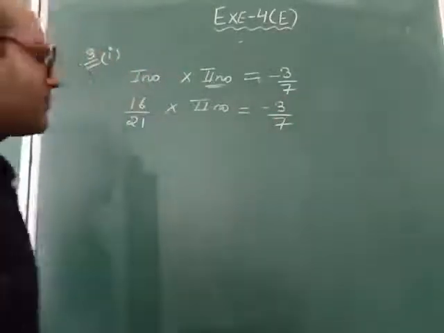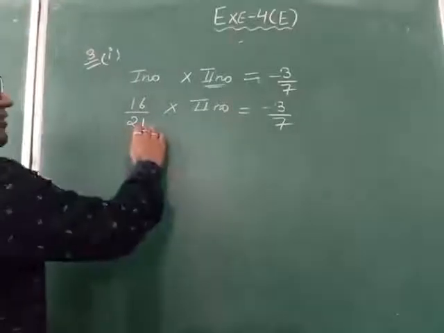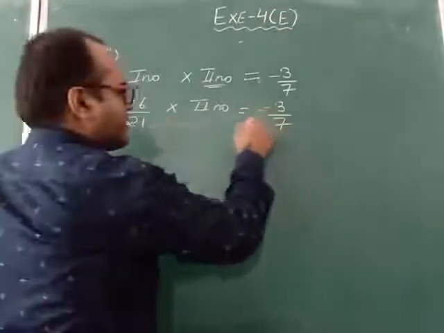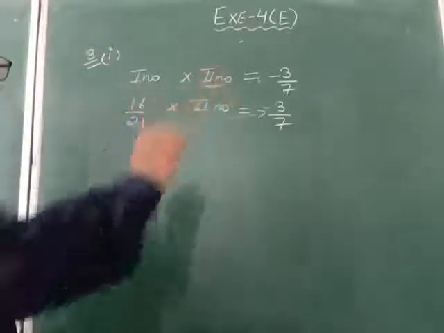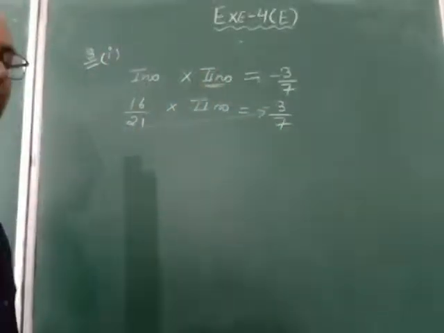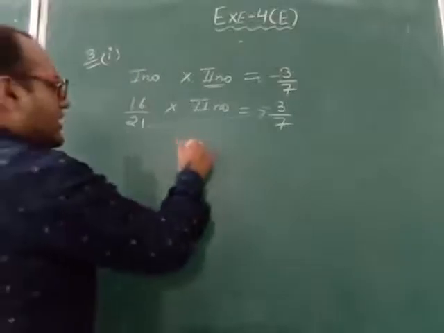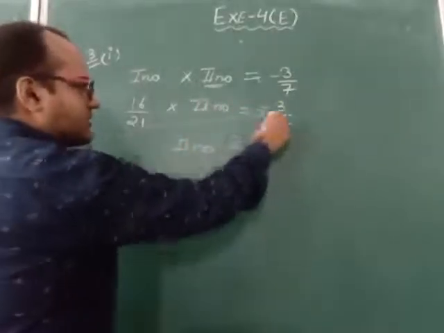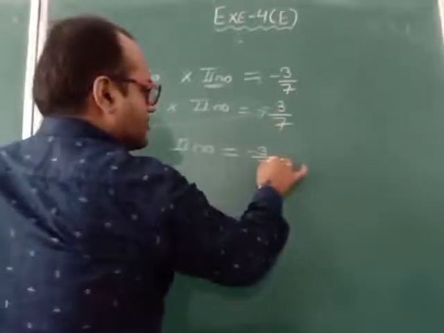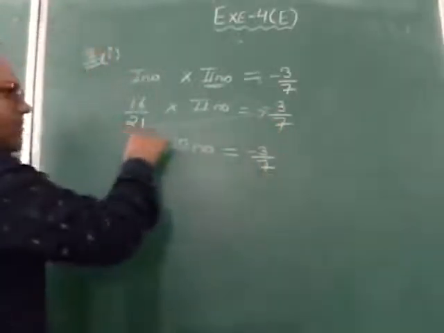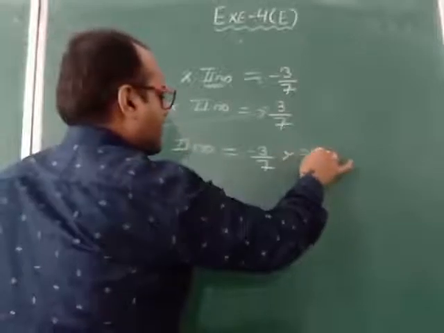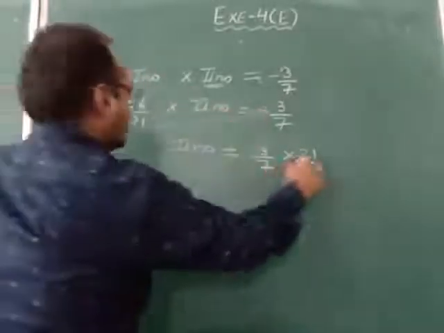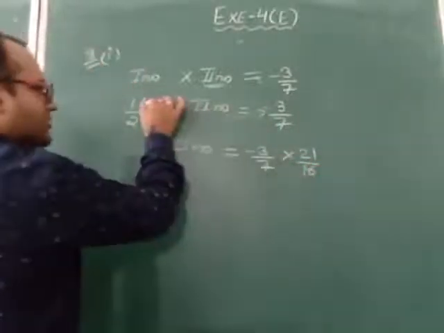Now in the next step what will we do? Divide 21, we will bring on the right hand side. So the divide number will come on the right hand side and it will be multiply now. So the second number will remain at its own place. Equal sign as it is. Minus 3 upon 7 also as it is. The denominator number will come here in the numerator and the numerator number will come in the denominator. This we will bring down.